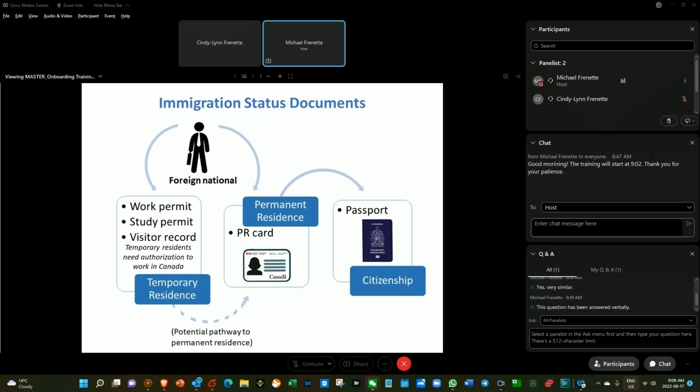for permanent residency. In general, a person is a Canadian citizen if they are born in Canada or born outside of Canada to a Canadian parent. Eligible permanent residents can apply to become Canadian citizens through the application process.